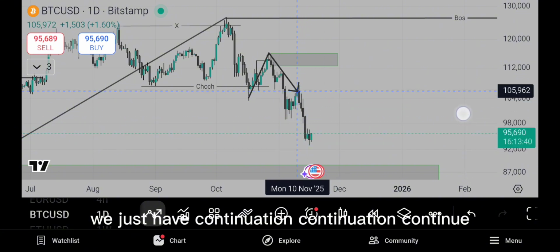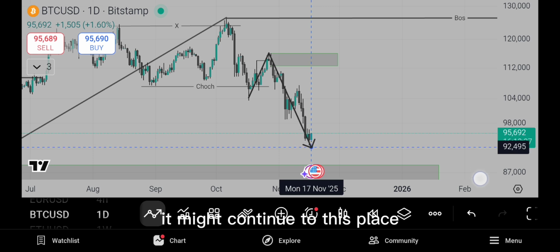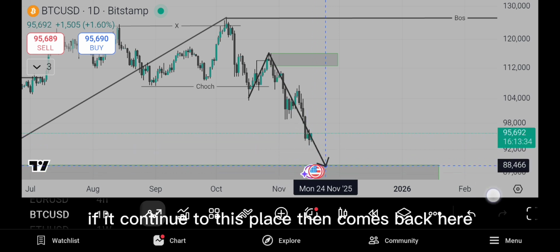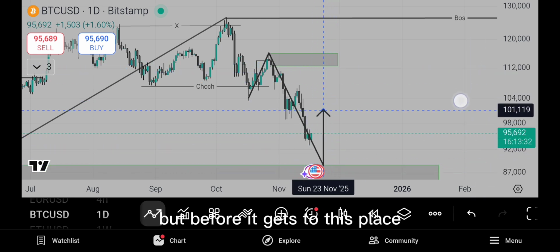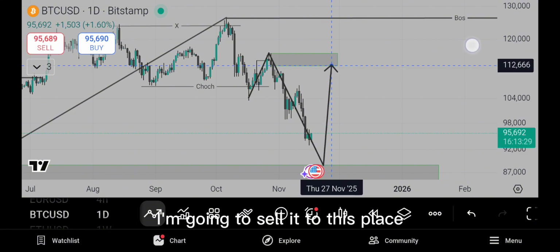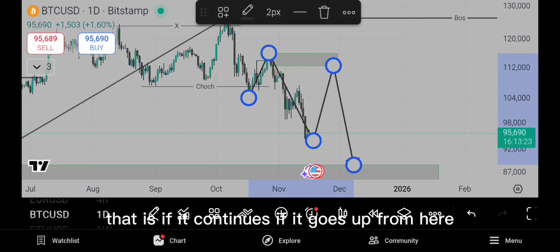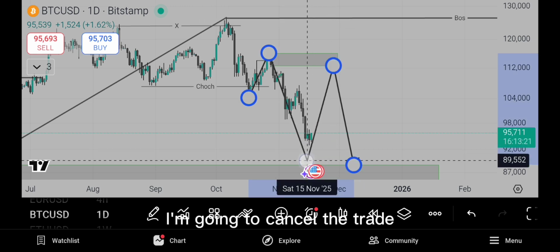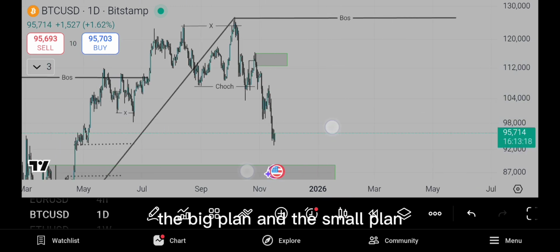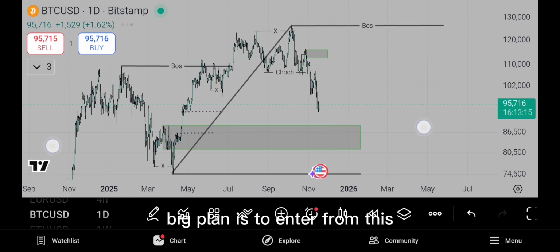We just have continuation. It might continue to this place. If it continues to this place, then comes back here, I'm not going to enter for that sell. But before it gets to this place, if it comes back here, I'm going to sell it to this place. That is if it continues, if it goes up from here. But if it comes down here, I'm going to cancel the trade. The big plan and the small plan. Big plan is to enter from this